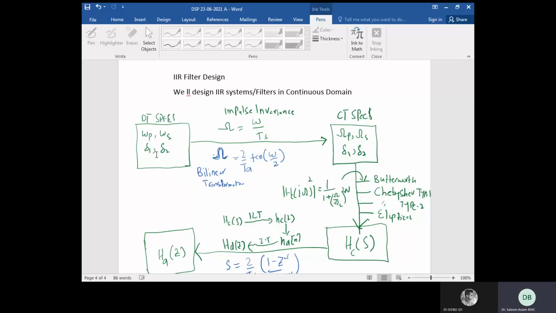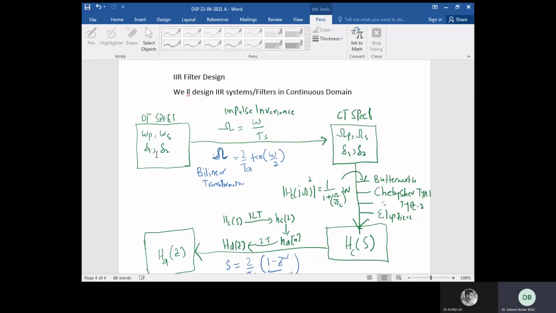So similarly in the analog case, people have done so much work on this that you have a lot of refined transfer functions and design techniques available. So you find the transfer function H(s), and then you convert it to H(z). Ultimately, the objective is to find H(z) and H(n). This is the ultimate objective for designing a filter or designing a system, because we are considering a filter as a system. So, got the idea?